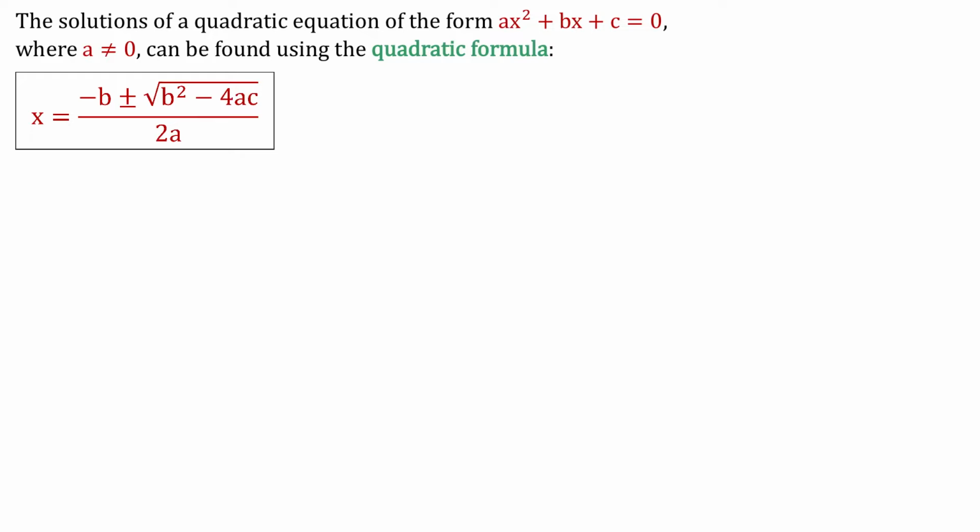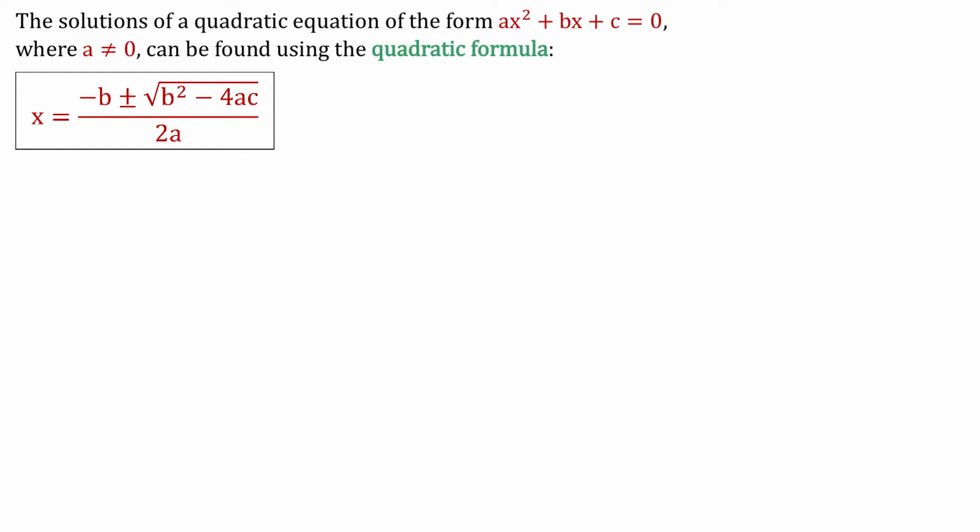Hello, the quadratic formula is x equals negative b plus or minus square root of b squared minus 4ac all over 2a. This formula allows us to solve quadratic equations of the form ax squared plus bx plus c equals 0. In this video, we will see how to derive this formula, but for this, first we need to review